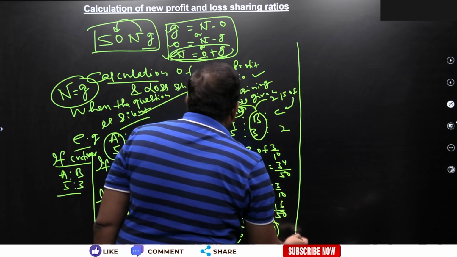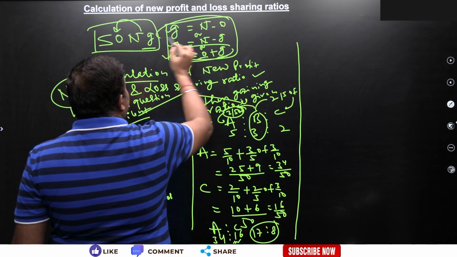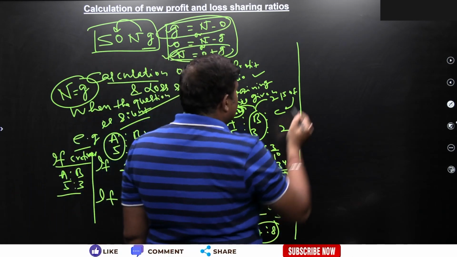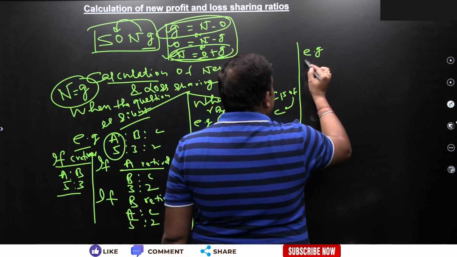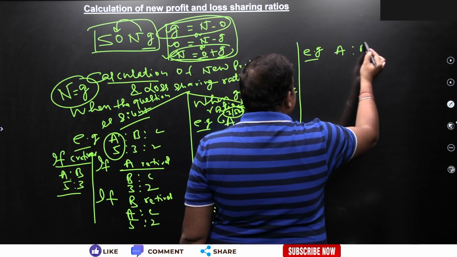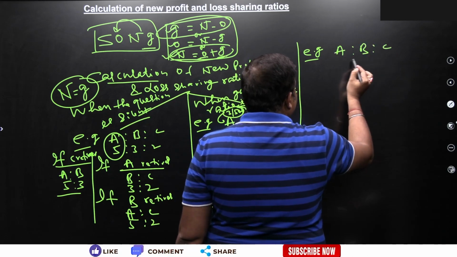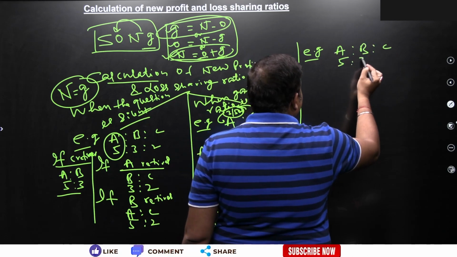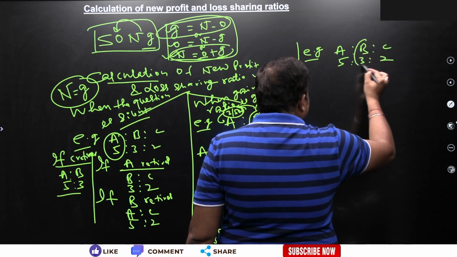How to calculate the gaining ratio? For gaining ratio, we have to apply this formula. Just take an example: suppose A, B and C were the three partners having a share of 5 is to 3 is to 2. B retires